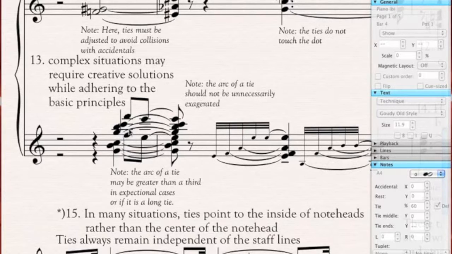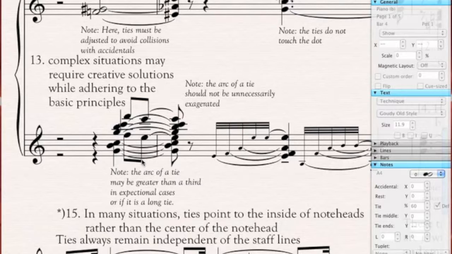These other ties follow the rules. They point to the inside of the note and they fall within a space. And you have to be very careful because your software is not going to handle this properly. And again, you don't want the ties to fall on a line or on a beam for that matter. In this case, I think these beams here had to be extended so that the beam would not pass through